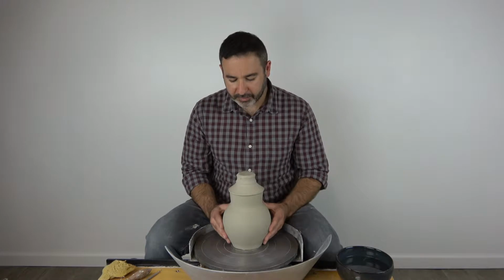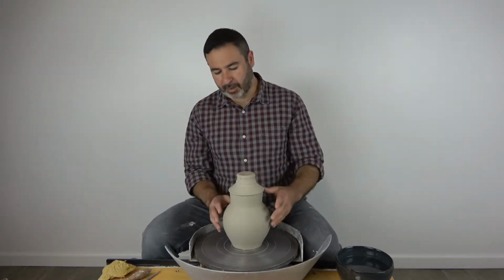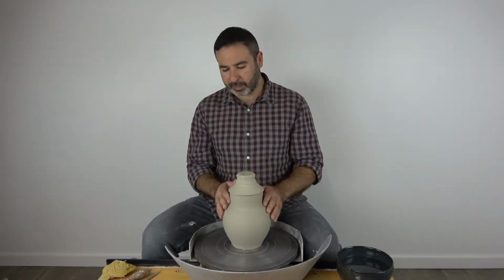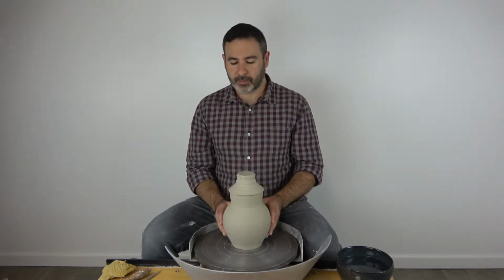So I'm going to actually trim the lid to our jar on the body of the jar, which is a really nice way to make sure that the shape of the finial and the shape of the lid go really well with the shape of the jar itself. You can sort of see